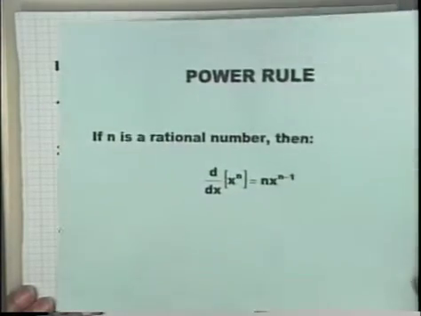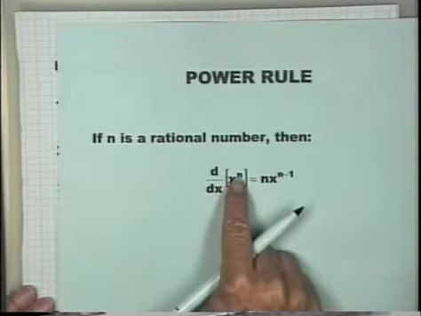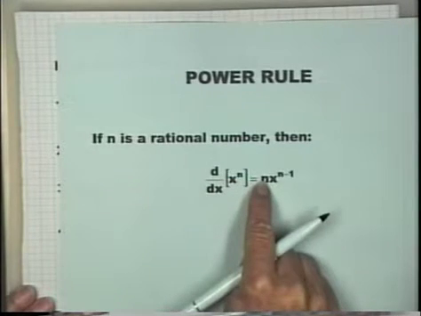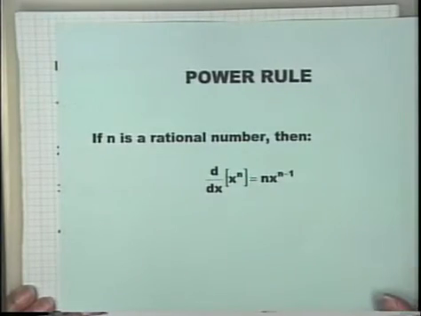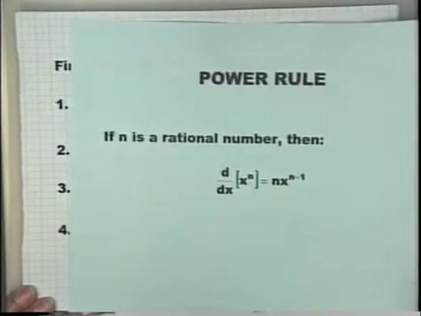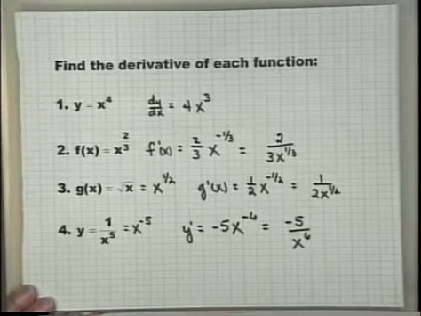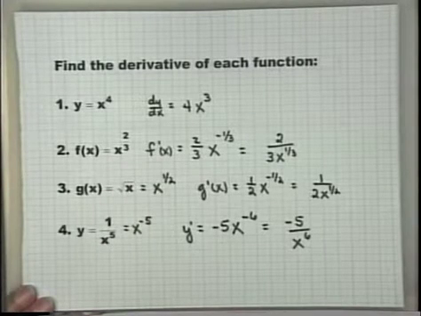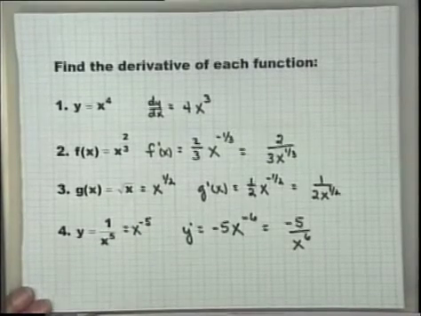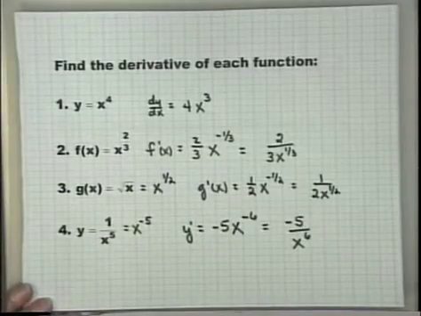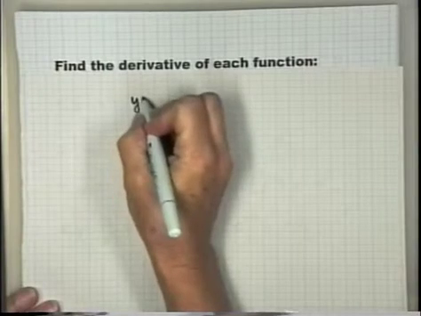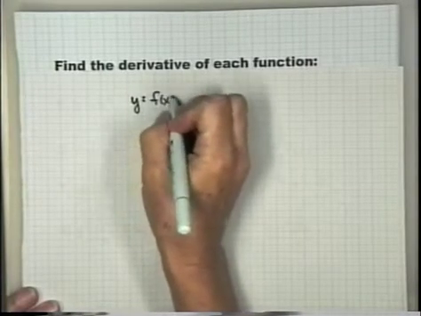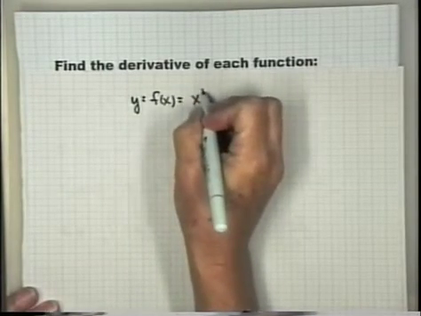Again, this is an important one, so I want to put it back up here. Your old exponent ends up in front as a coefficient. And then you write your x, and you subtract 1 from that old exponent to get your new exponent. Now, I might just tell you a little bit, and I'm just going to use positive whole number exponents here to sort of demonstrate why this thing works. If we have the function y, or f of x, if you prefer that notation, equals x to the n,